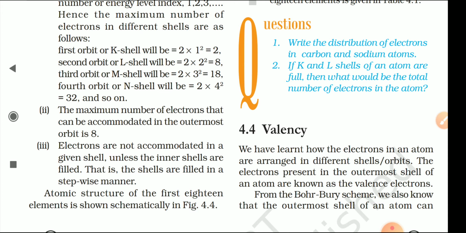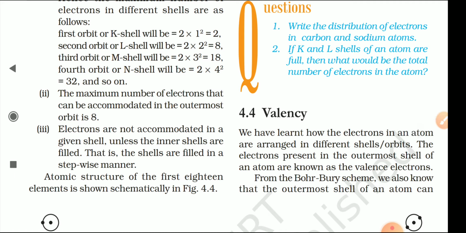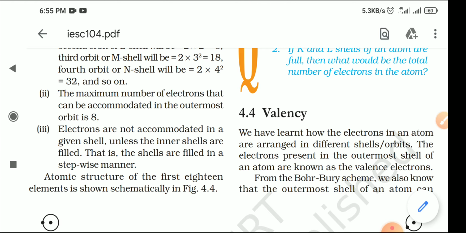So if any shell has 8 electrons in the outermost shell, this atom should be considered a stable atom. Each and every atom wants stability. So for achieving this number 8, the octet, atoms either give their electrons to other elements, or take electrons from them, or sometimes do mutual sharing. That's why different kinds of bonds are formed between the atoms, and because of that molecules or compounds are actually formed.